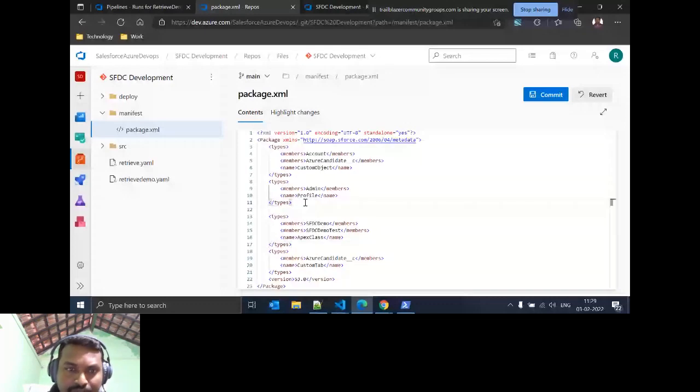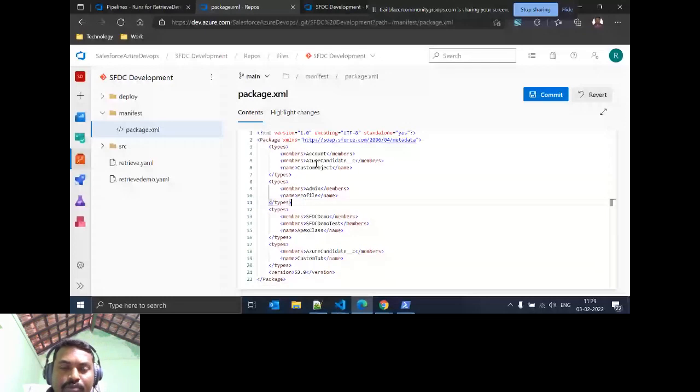And we are setting the profile as well. Now put custom object. Custom object, it will come with entire custom field, everything. Then our profile, then our apex class, then our tab. Everything we now committed. Custom tab. Now I am going to commit.